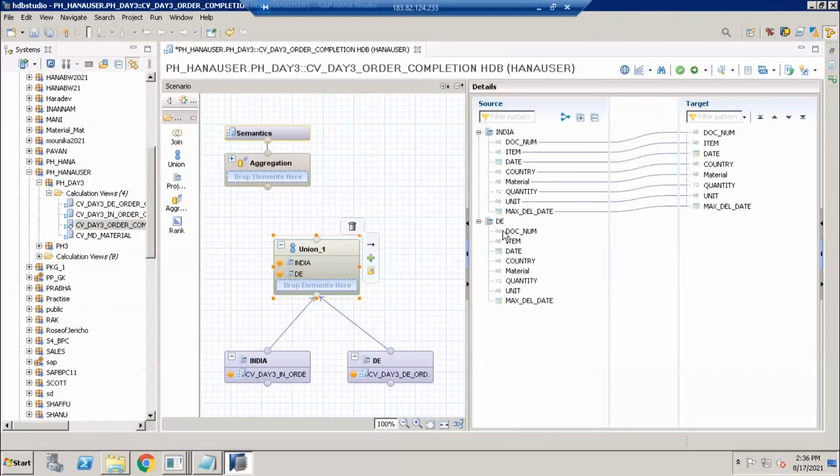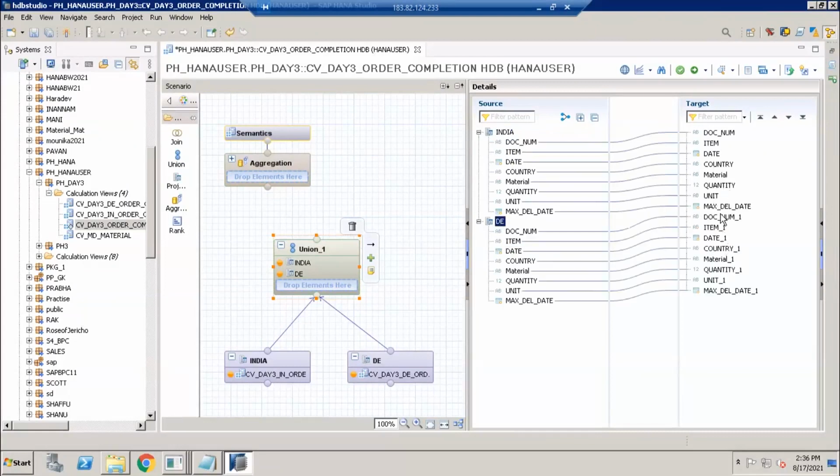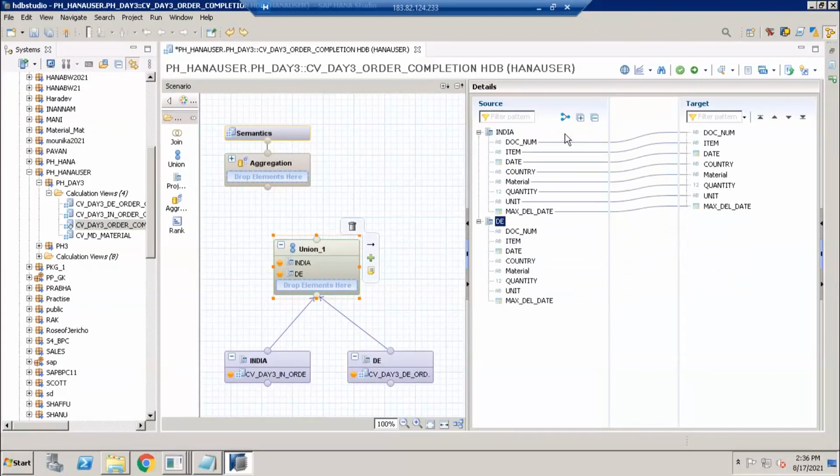If you do the same on the DE node, it creates duplicate columns, which is not correct. Here we have an option: if you click on it, it will automatically map based on the technical name of the column. Like this we can use this option. Now union 1 has two data sets coming into it.